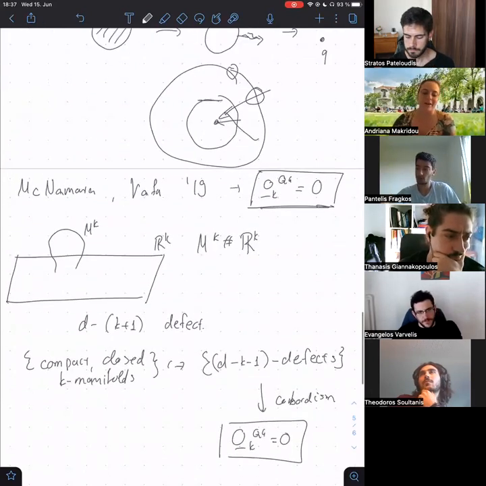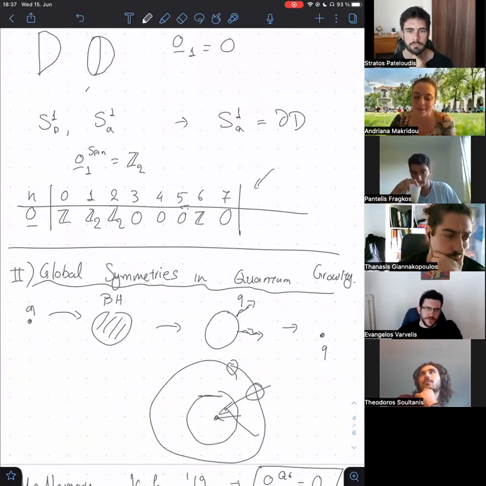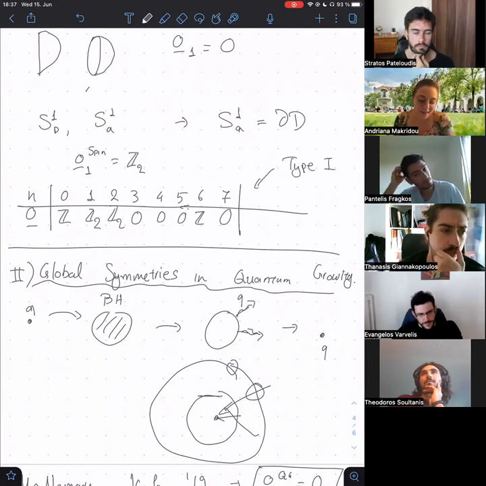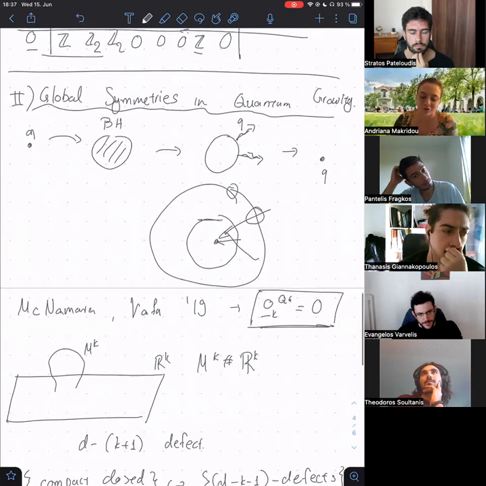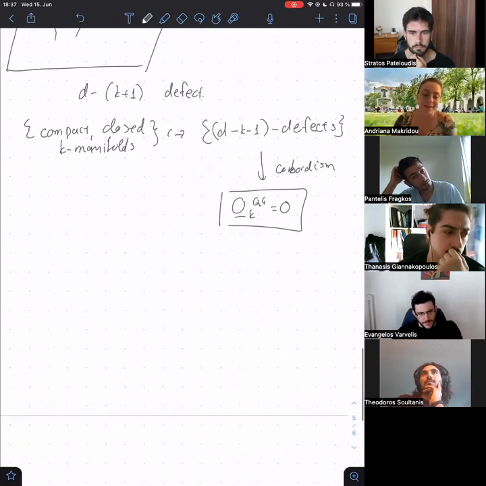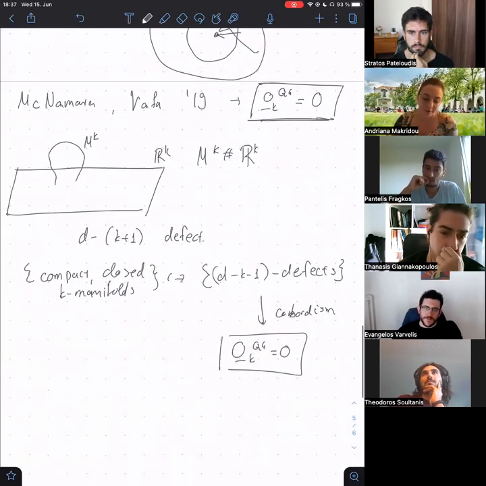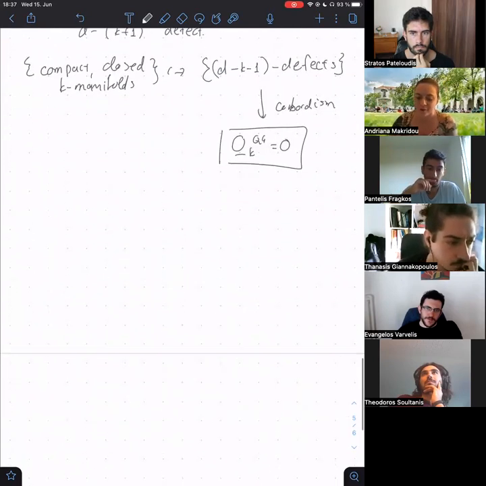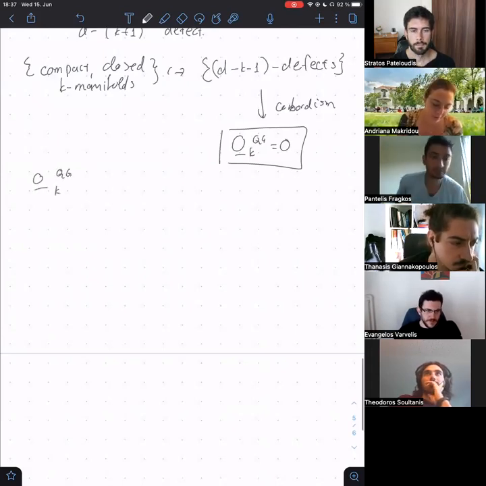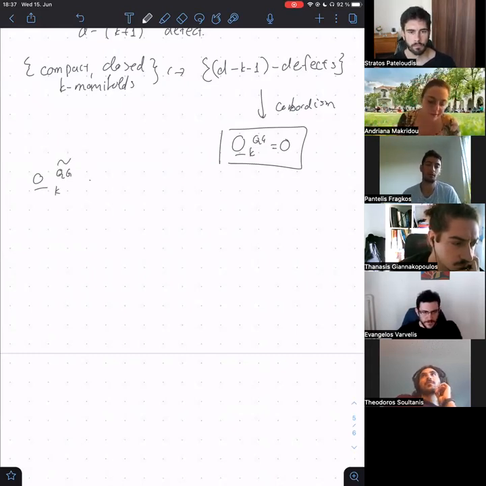But then the thing is, okay, let's go back here, for example. I told you that this is a good approximation, let's say, for type 1, and then we are seeing multiple classes that are not 0. So the idea is that effectively spin here, or spin C in other cases, or spin class for theory, or whatever your actual spin structure you're working with, is not the actual quantum gravity spin structure. So they are saying that instead of working with the quantum gravity structure, we're working with some modified structure, and this is the reason that we have these non-vanishing classes.